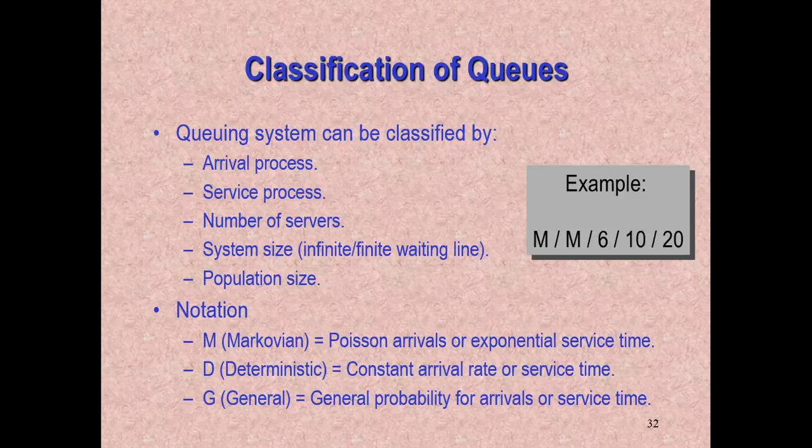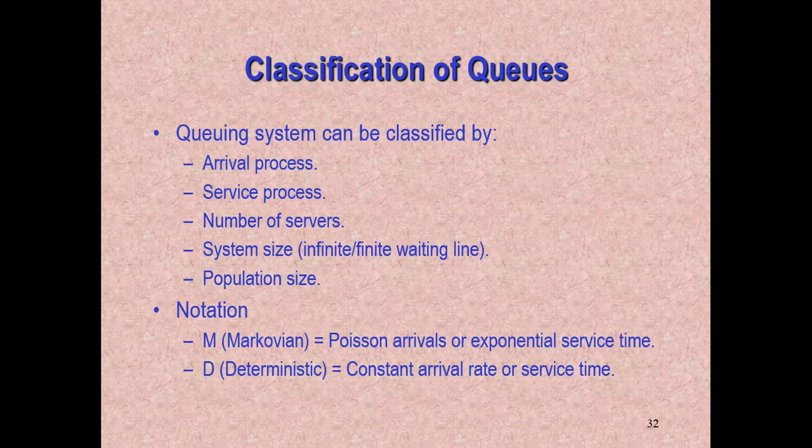Most of the time we assume the population size to be infinite, but not always, right? Maybe I'm a specialist that services aircraft carriers, and the United States government maybe has 4 aircraft carriers, I don't know. So that is a limited population size. Only 4 things could ever come into my queue. Most of the time we assume they're infinite, okay? So we want to classify the queue. Before we measure anything, we want to classify. And this is how we classify the queue, okay?